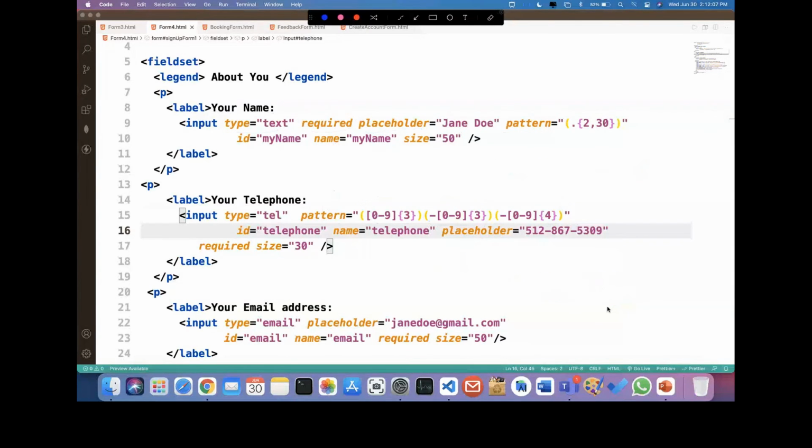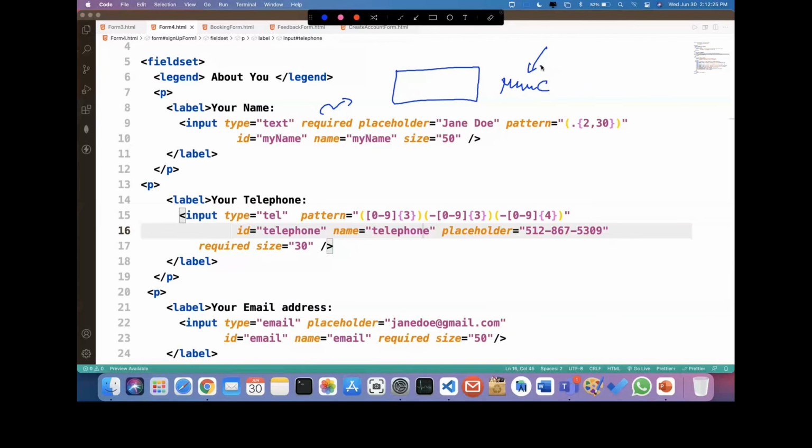Okay. Now, the required attribute is used whenever you are asking for something, say for a name, and if it is compulsory to enter, then you have to put required, right?